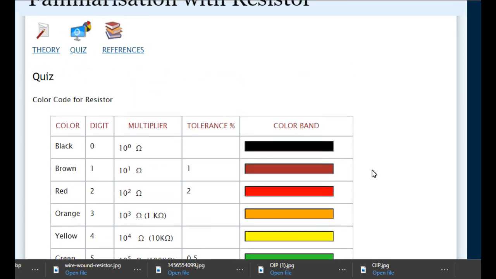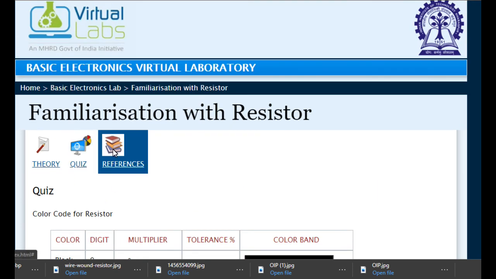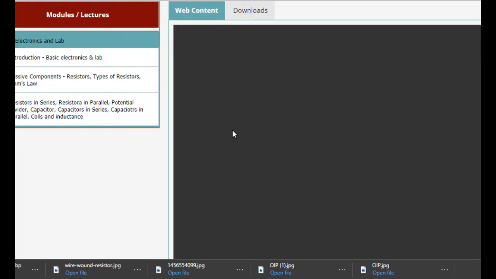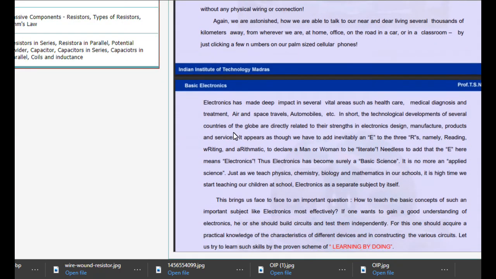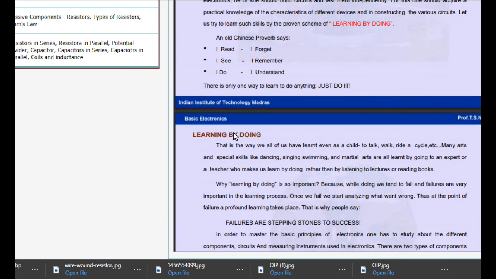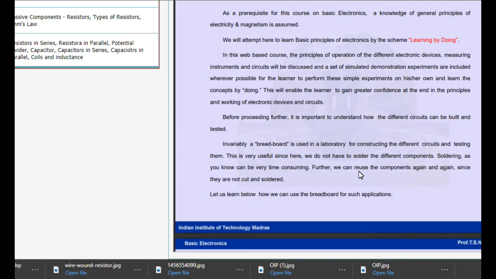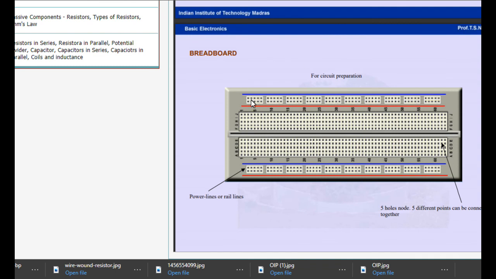So accordingly you should practice all these 6 cases for your better reference. And this is another tab as a reference. From here you will find some NPTEL notes. You can read through these documents for further details on how to categorize all the resistors, and everything will become clearer. This is a conventional breadboard. We will go through this chapter in later experiments.